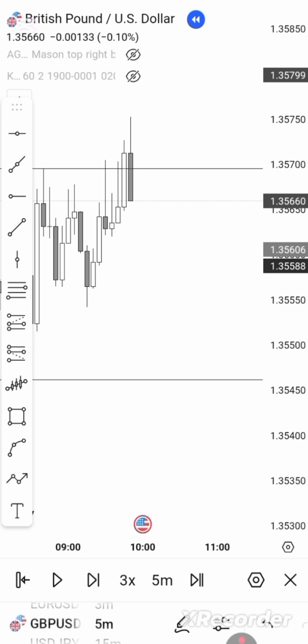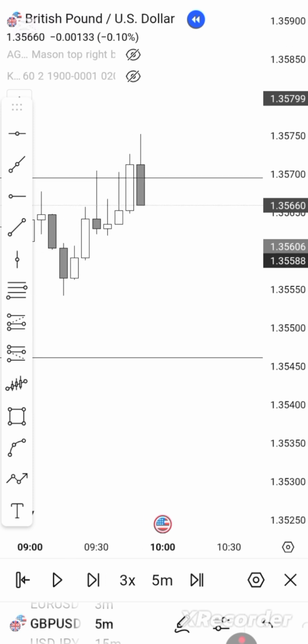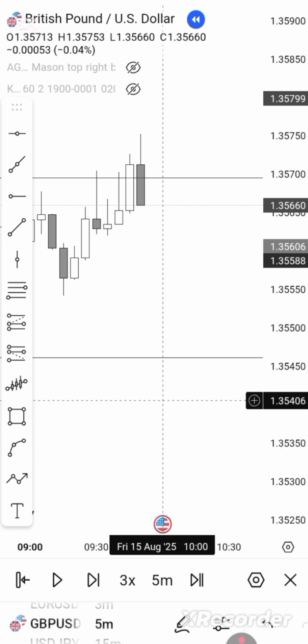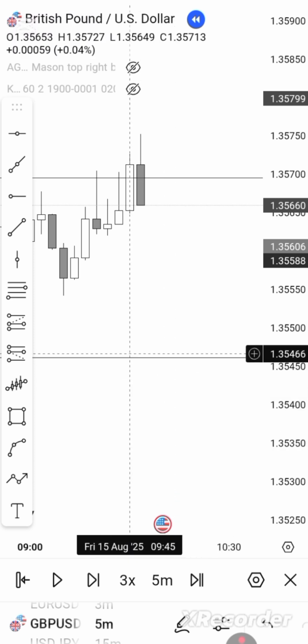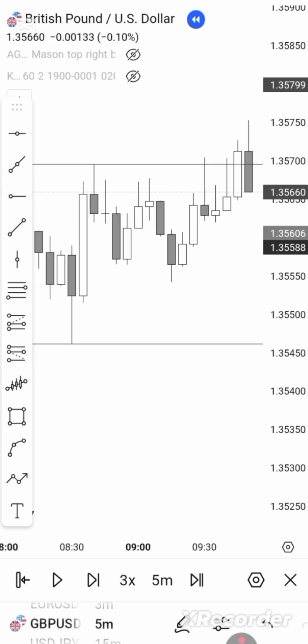Can you see? We have a close back in on the 5 minutes. You see, immediately price broke out. Can you see? It was around 9:45 to 9:50 that the price broke out and closed back in, compared to the other one that